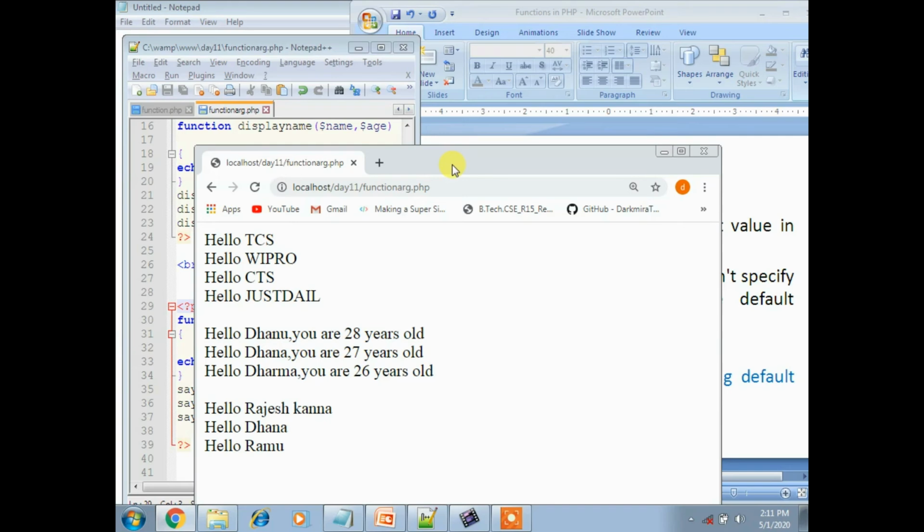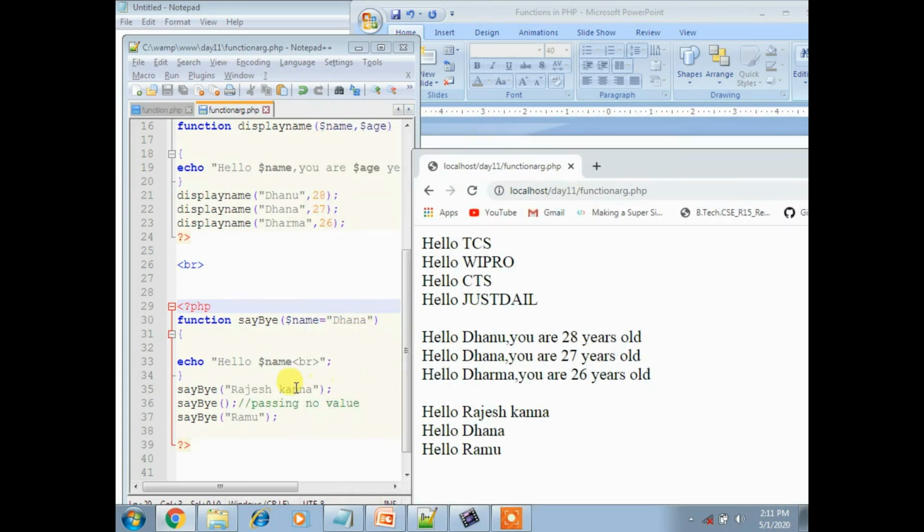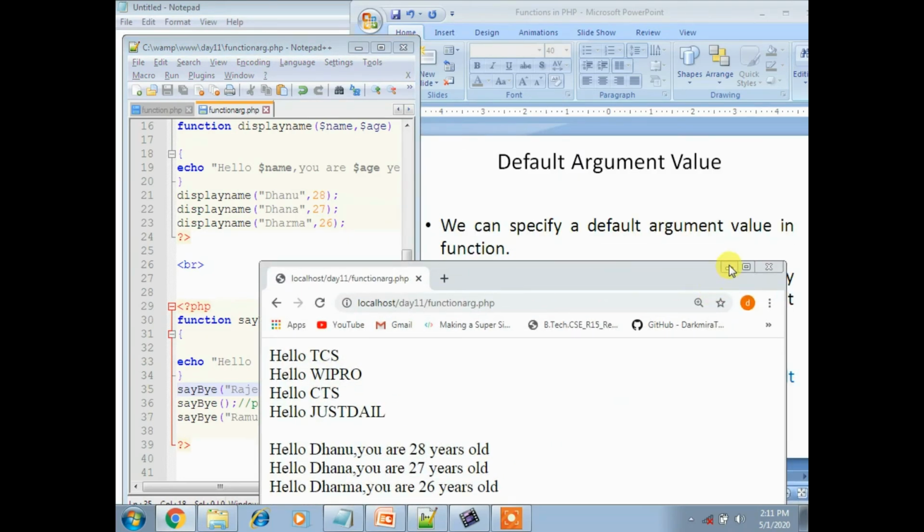If I place a value here, then it takes that first and prints it. Otherwise it will check the function's default value and print it, and the remaining part it will print like that. So this is called default argument value.